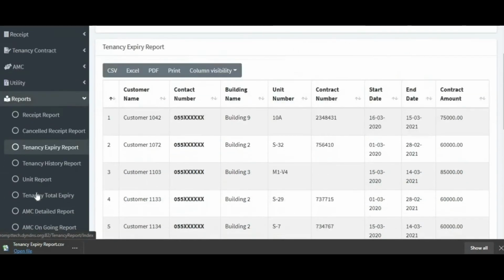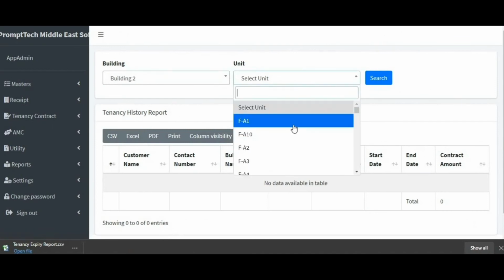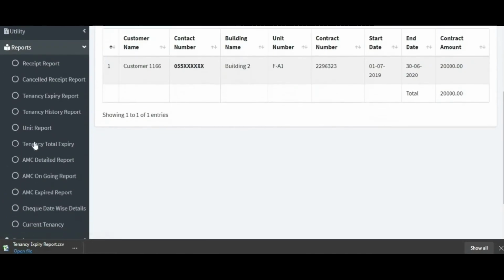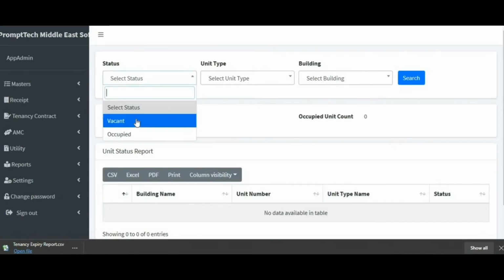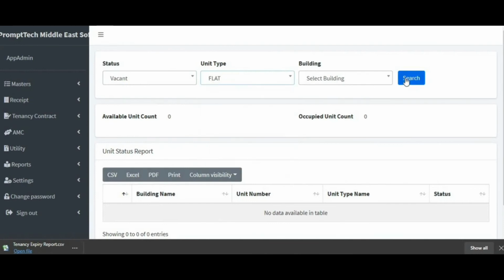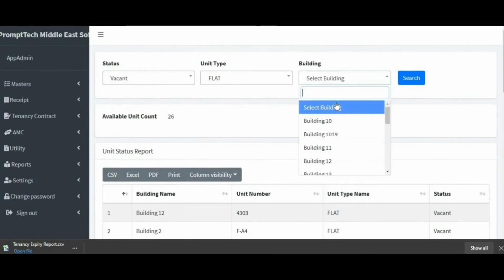And then you can actually see the month-wise report. See, I hope it is visible for you guys here. So these things are visible according to that. You can segregate and differentiate. You can even see the cancelled receipt report. You can even see the tenancy expiry report. Let's talk about the tenancy expiry report. So this is like, for example, the due date has come, the contract has expired. If so, you can actually see here if the building I have selected. Let me select the building.